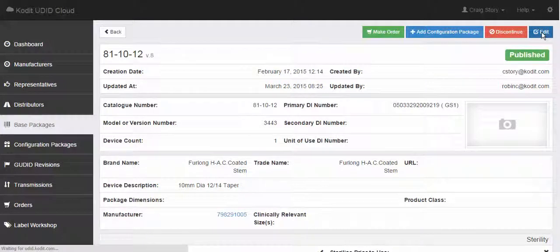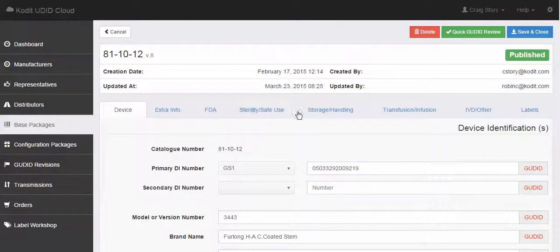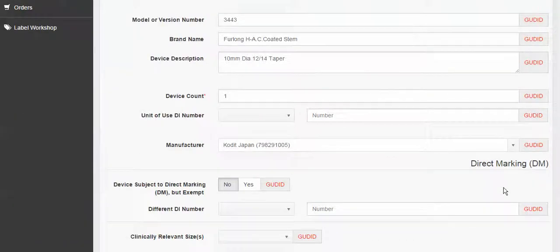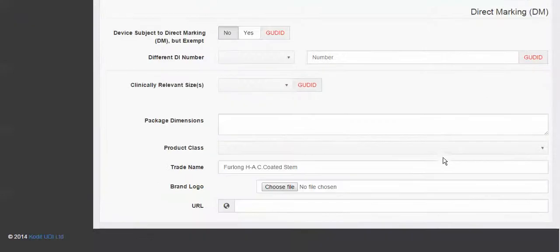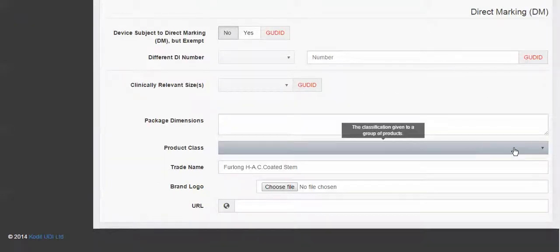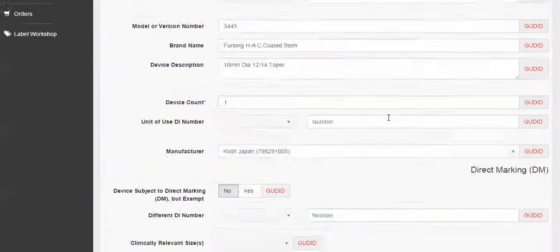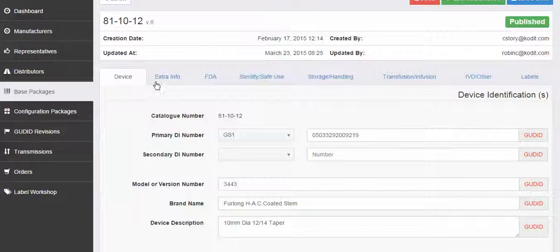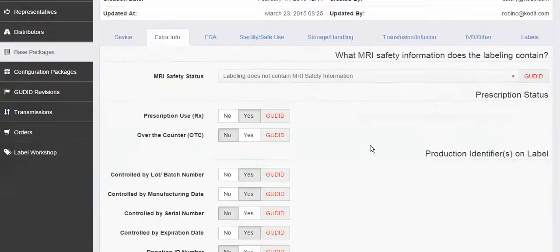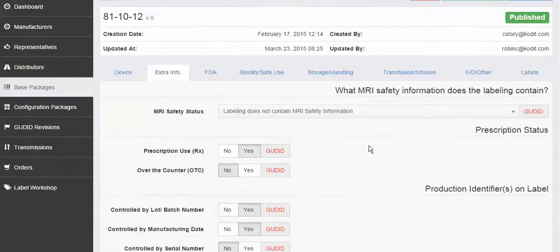And it's grouped together basically in the same ISO formats: storage and handling, transfusion, infusion, etc. You can see here where it forms part of the good ID, it's marked with a red. Where not, it's more to do with something that may or may not appear on the actual UDID label itself. So the job at the moment is to get all this information together, understand what it means, and to get